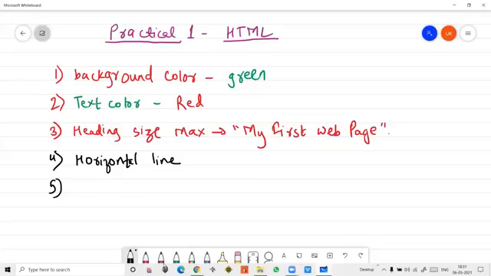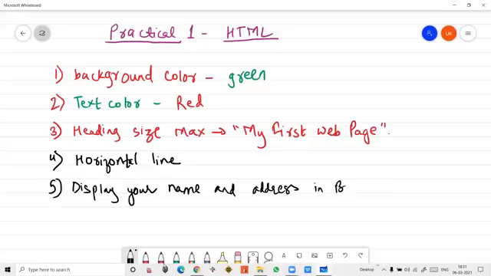That you have to display your name, in bold, italic or whatever. Means few fonts we have to take, and font style. Display your name and address in bold and italic.